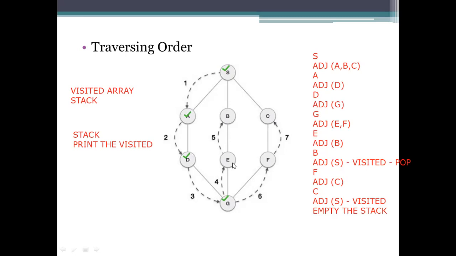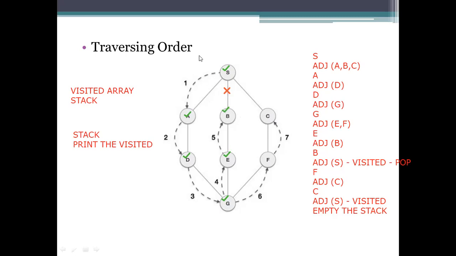So E is the first one we are visiting, and we need to see whether E is having any adjacent vertex or not. The adjacent node it is having is B, so record that information and visit B. And coming to the next one, B has another node, but since it is a visited one, this won't be considered as processed information.